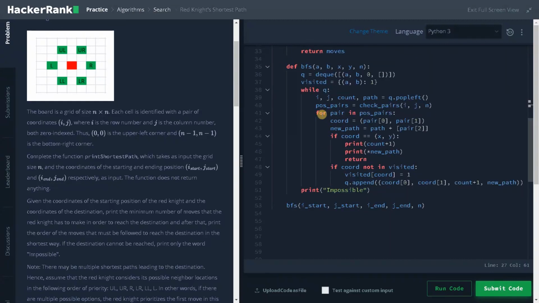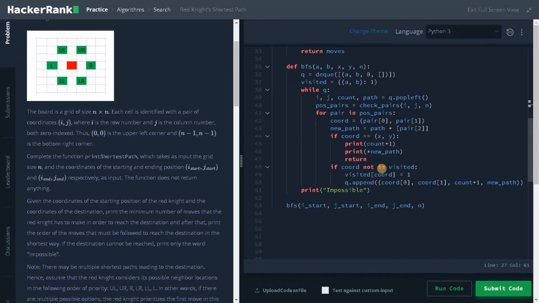And as usual, we will be iterating each pair and checking the coordinates. If the coordinates equal the destination, we will print the count and the path from the source to the destination. If it's not equal to the destination, we have to traverse to the next iteration.